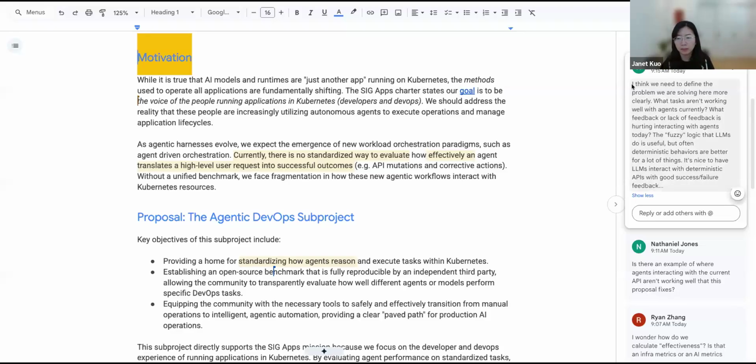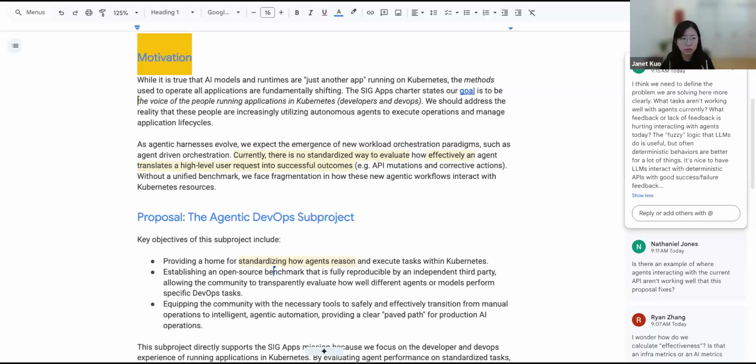I think this will also help us identify maybe new patterns or even gaps in Kubernetes that we can help address as well. That's part of the idea and motivation.